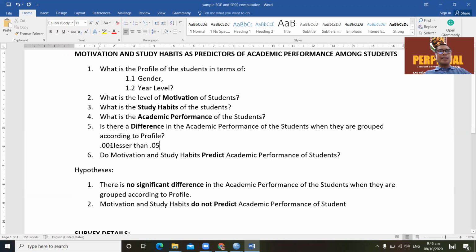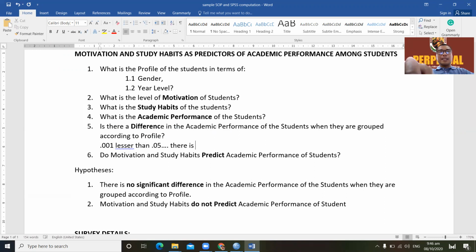In this case, our computation is 0.001. We would try to compare it with 0.05. The rule is if the computed value is lesser than 0.05, therefore we could say that